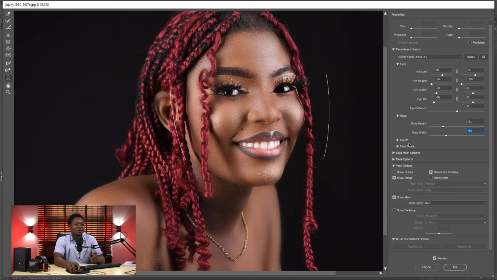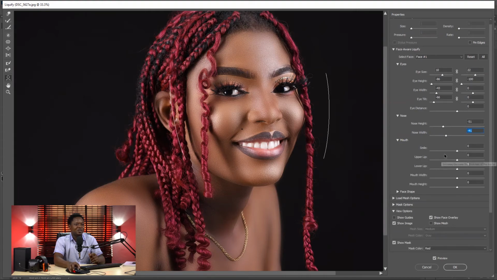And you go to the mouth and you can adjust the mouth, and this is the mouth. You can see it's smiling at you. Then if you move this up, the top lip can be raised and be placed down, depending on what you want. So lower lips and the entire mouth width, you can increase it by making it smile more, you can reduce it, making the smile reduce. So that is it. Then if you go to the height, you can move both up and down,